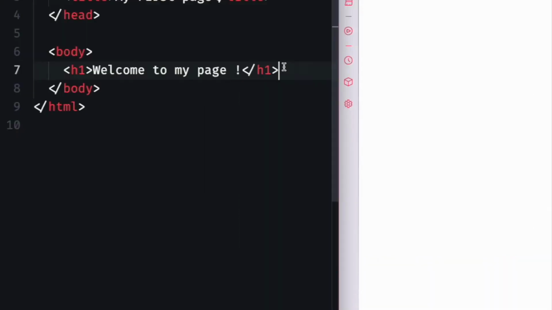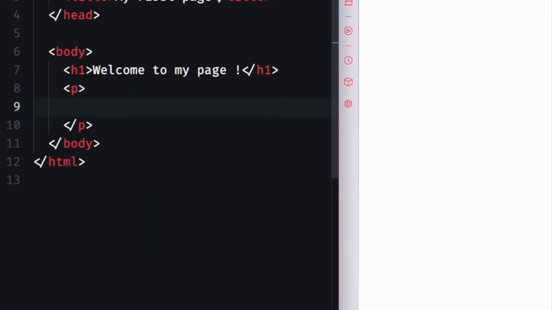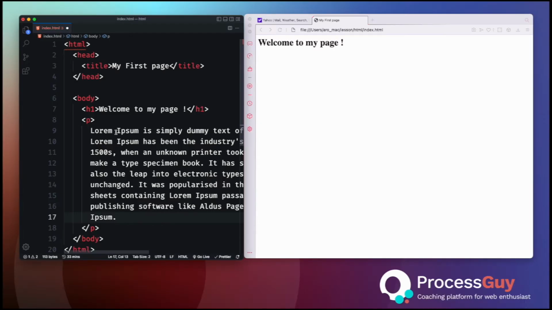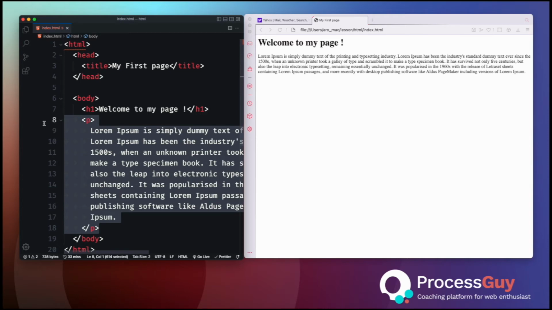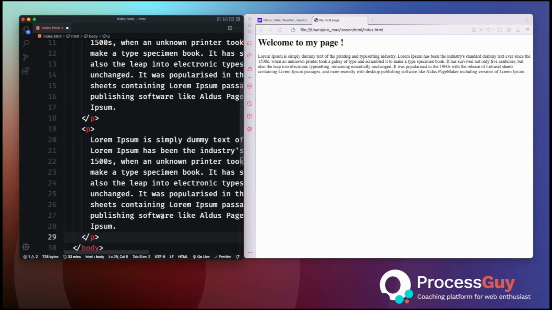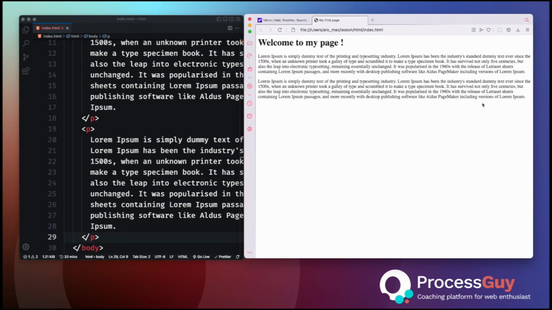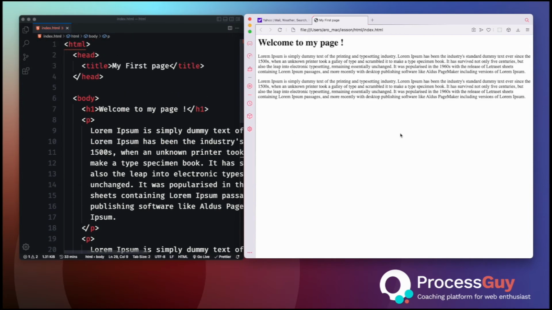The next tag we will be looking at is the paragraph element, which can be written by specifying the letter P in angle brackets. So we can put in the content of what we want to place in a paragraph, and when we look at it in the browser, you can see that it is grouped text together. If you have more than one paragraph, let's duplicate this and see what we have as the result. You will notice our texts are grouped in different paragraphs, and that's the use of the P tag.